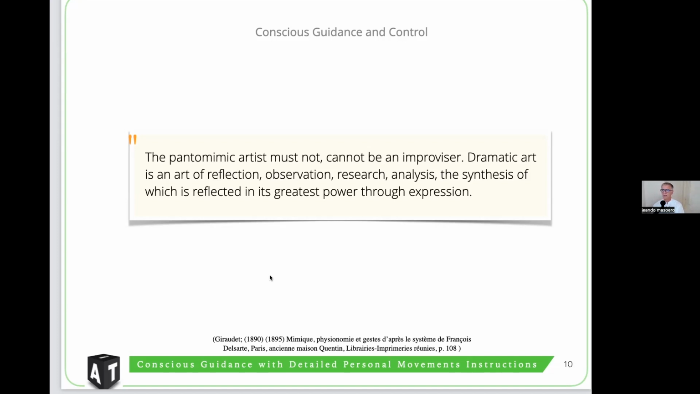So that's why Giraudet translates this by saying the pantomimic artist cannot be an improviser. Dramatic art is an art of reflection, observation, research, analysis, the synthesis of which is reflected in its greater power through expression. Many people will ask themselves, what has this to do with the Alexander technique? We are not teaching actors. No, we are not. But it's obvious that the human beings that are coming to have lessons with me,